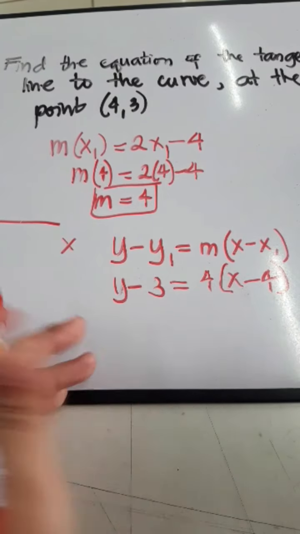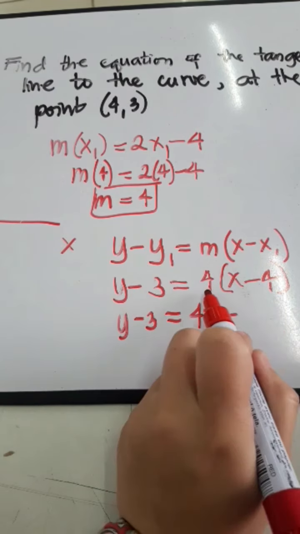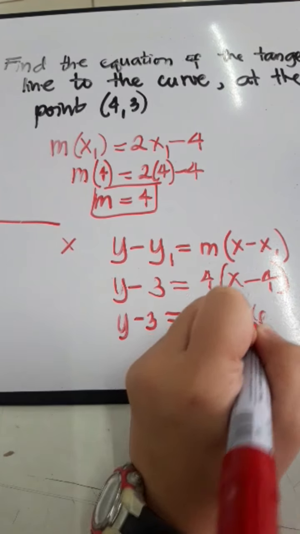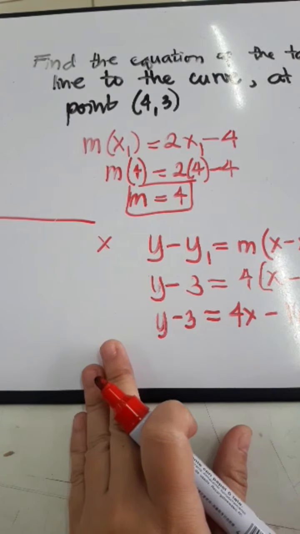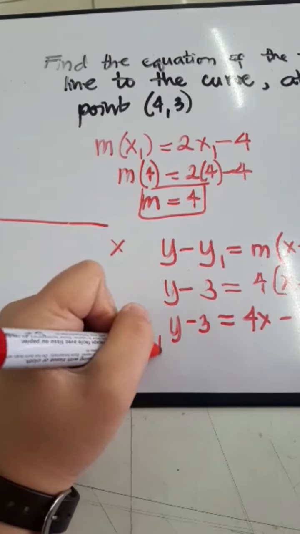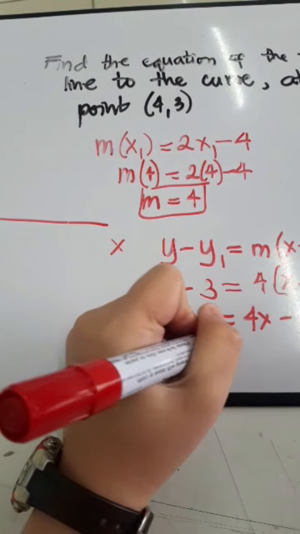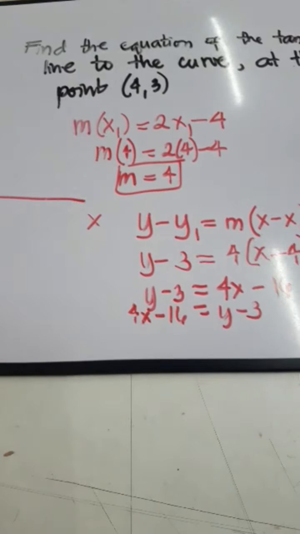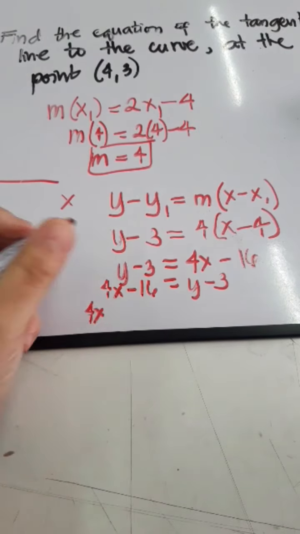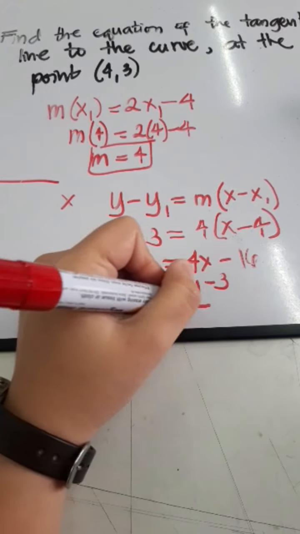Ang ato na lang is ang pag-simplify. So, y minus 3 is equal to 4x minus 4 times 4 is 16. Negative 16. So, ato ni silang i-transpose nato sa pikas nga side. So, 4x minus 16 is equal to y minus 3. Ana lang. Parehara man na sila. Ikaw ra gibaylog side. So, 4x, ato ni transpose si y, negative y. Negative 16 plus 3 is,